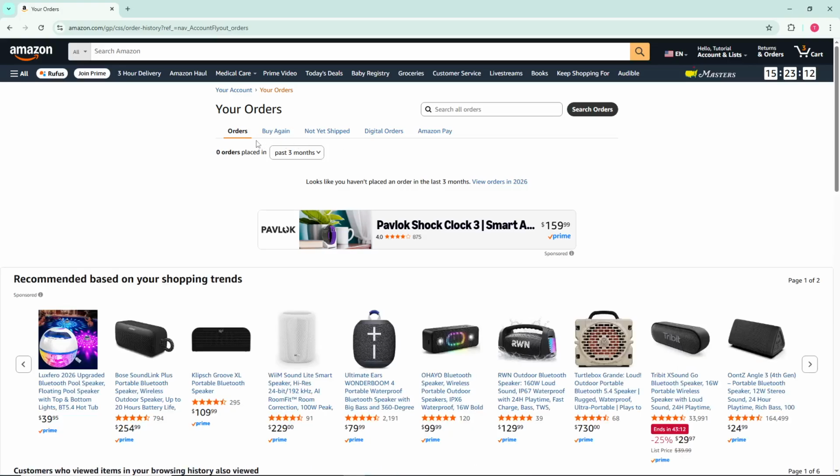Now that you're on the Orders page, you'll notice all your recent purchases displayed. To locate older orders, look for the Date filter at the top of the page. Click on this filter to narrow down your order history by specific time periods. This feature is incredibly useful when you're searching for purchases made months or even years ago. You can also use the search bar at the top if you remember any details about the order, like the